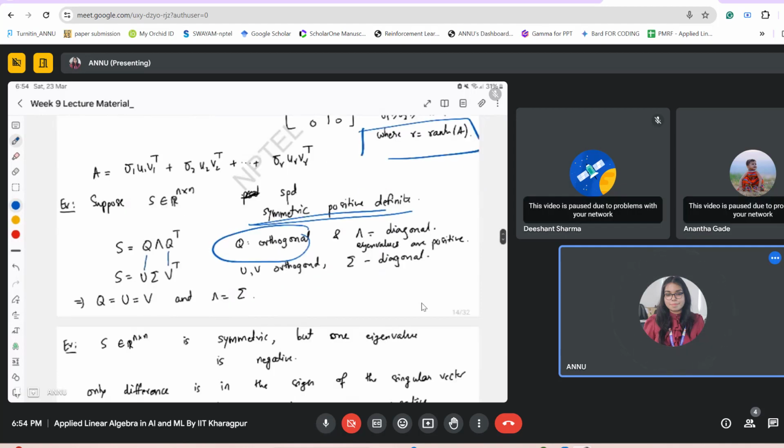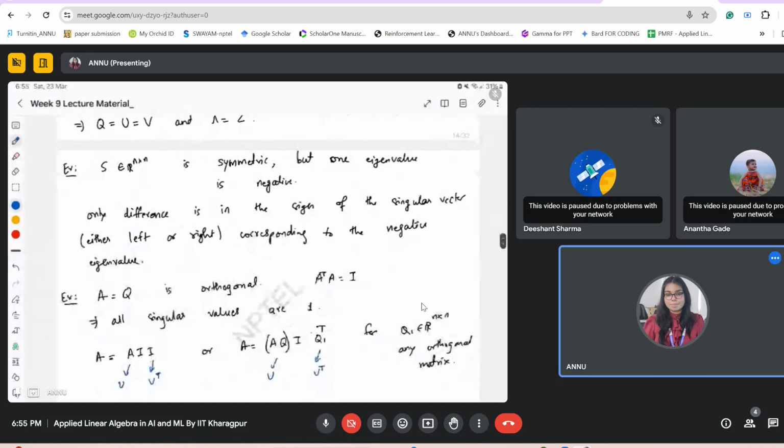Okay, so if S belongs to R n cross n and is symmetric, but one eigenvalue is negative, how is it different? In that case the difference will be in the sign of the singular vector, either left or right, corresponding to the negative eigenvalue. Here we restricted our matrix to a symmetric positive definite matrix, so we know that this lambda will always be greater than 0, but for a symmetric matrix in general it is not greater than 0. Okay,